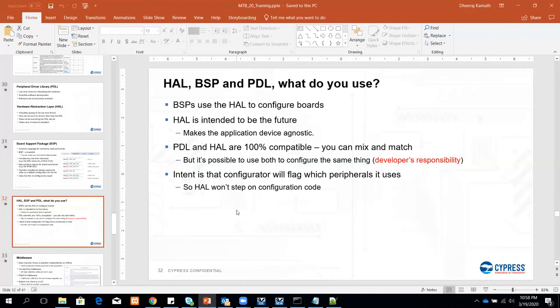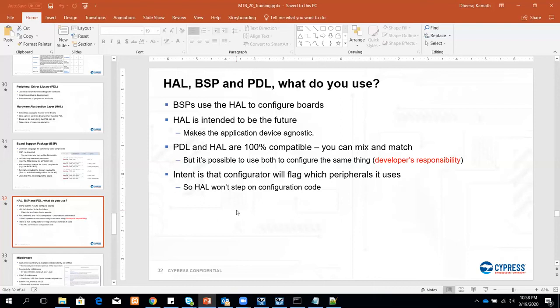So you can choose to use either the PDL or the HAL, you just need to take care that there's no conflict. Using either of them, the code which gets generated won't have the HAL specific code overwriting anything which has been generated by the PDL. So they are completely isolated, and you won't see HAL stepping on any configuration code.